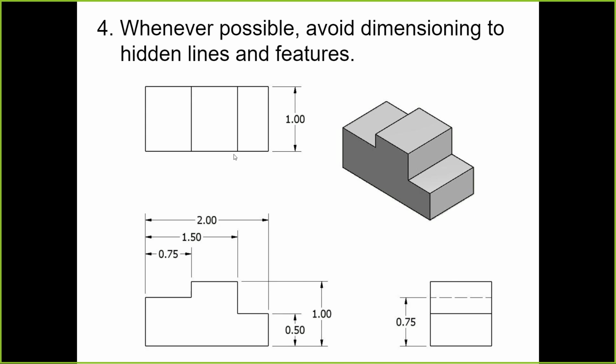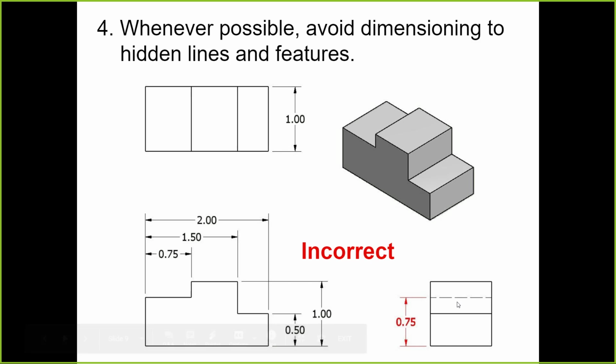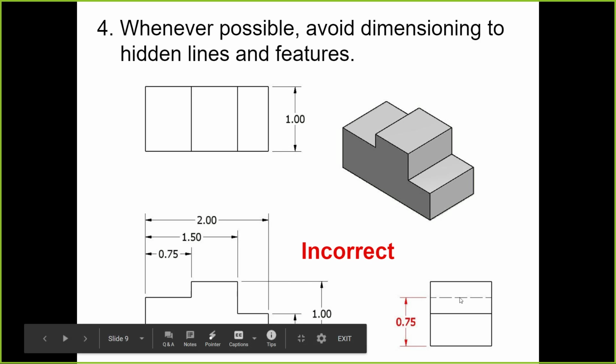Whenever possible, avoid dimensioning to hidden lines and features. So what are they saying is incorrect? Oh, you guys see this little dotted line right here? There's a dotted line right there. And they're dimensioning that. What they're trying to show is from this view right here, this right side, that's this view here. This right view right here,